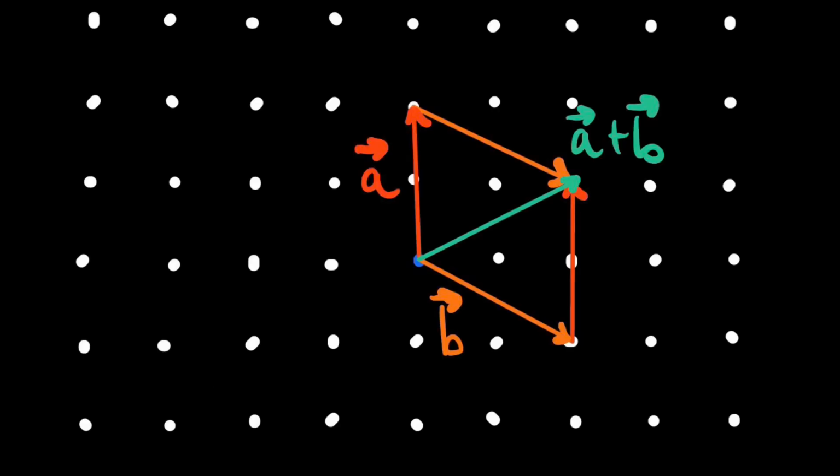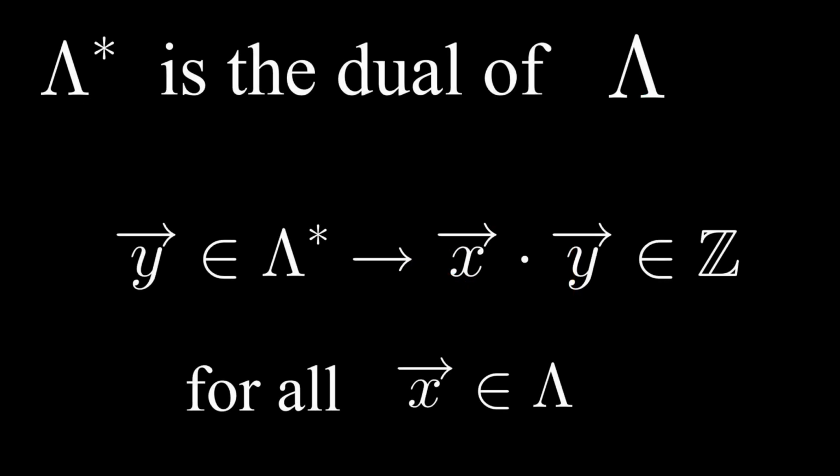So a lattice is a discrete set of points within a vector space that, like a vector space, is closed under addition. You can add 2 points in it, and it'll always end up still within the lattice. One thing we can do with lattices is find their dual using linear algebra. I have linked a paper that discusses this in more depth. In essence, the dual lattice contains all of the points that have an integer dot product with any point from the original lattice. You can project any point from the dual onto any point from the original and get an